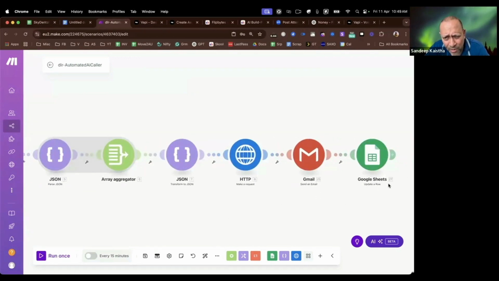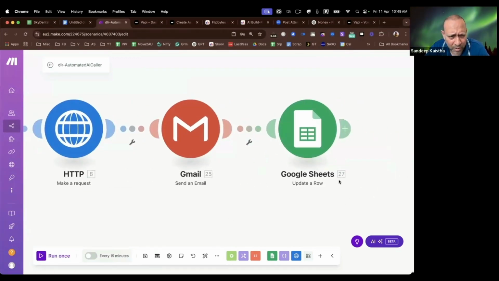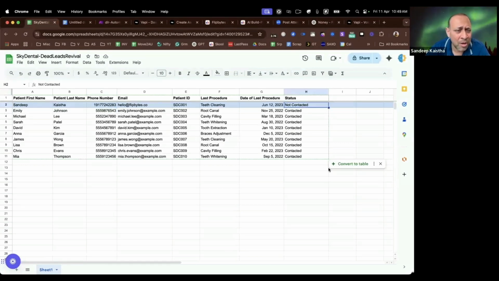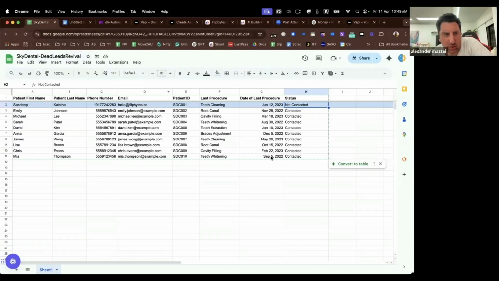Okay. And the last process, it says 27, maybe. I don't know. So this is to update a record. Essentially, this contact has not been contacted till now. When the system sees that Sandeep has not been contacted, I'm going to run it every 15 minutes, as I've shown you. It'll extract all the data, send an email, give a call, and then update the status to contacted. That's it. Is it able to make multiple calls at the same